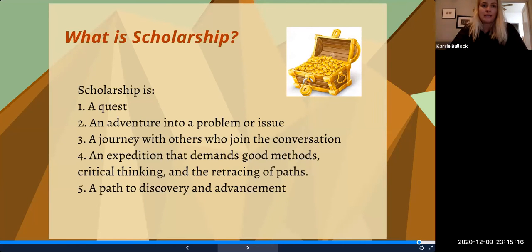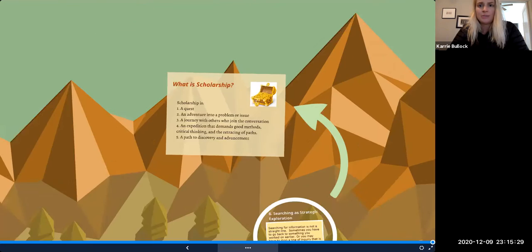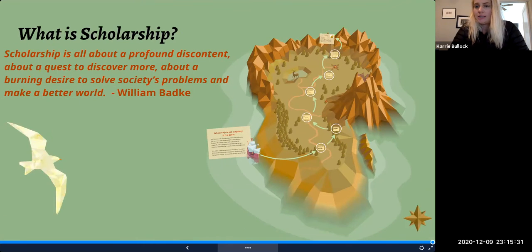And I think, I mean, I like all this. It's an adventure. It's a quest. Good methods, critical thinking, and retracing of past. And I do think that Bad Key has a point there, that scholarship is a process. It's a quest, and but I also think that